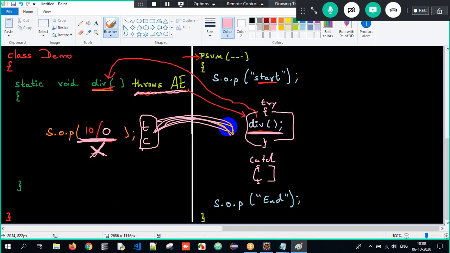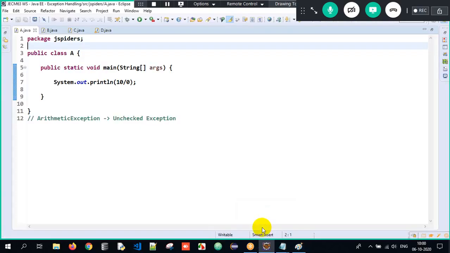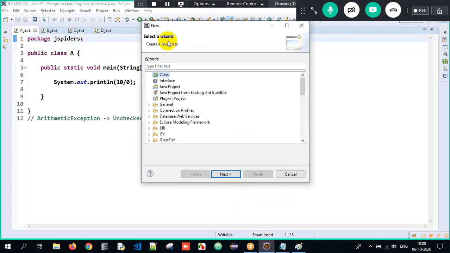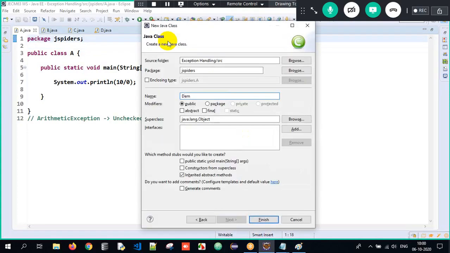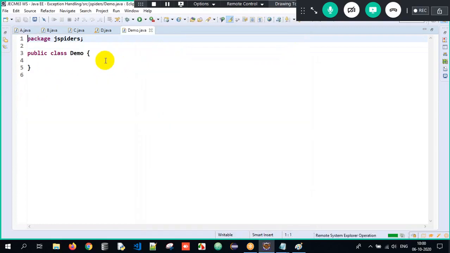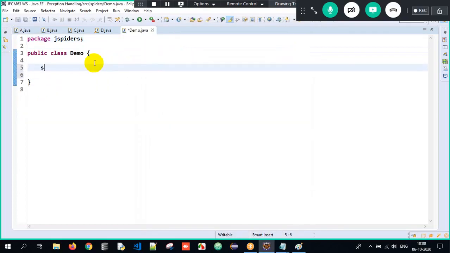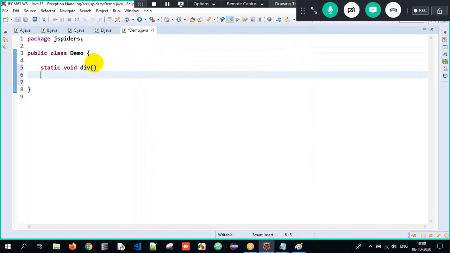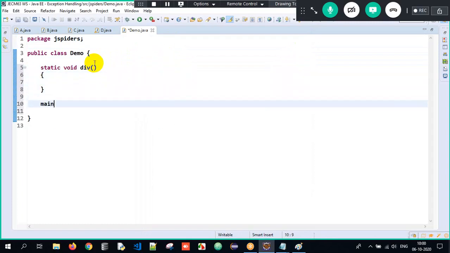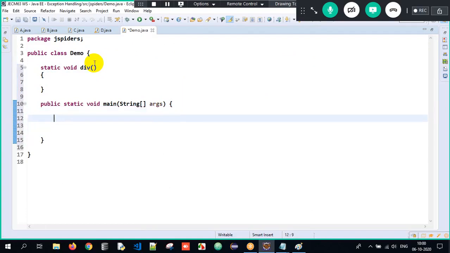Okay. I will give you a couple of examples in order to understand it beautifully, but you just need to have the patience level. Okay. Now I will create a class called demo, and you will have a static method. If it is a static method, I can call it directly. It's not that you have to make use of static methods only. Now I will have my main method, wherein the execution will begin.